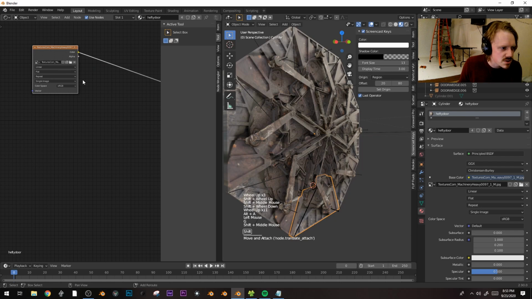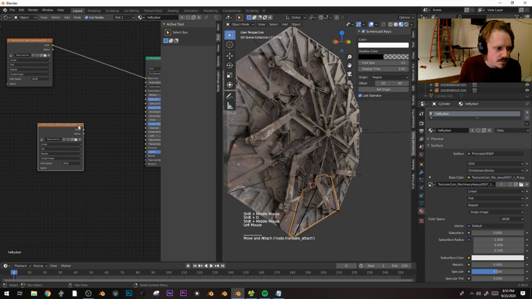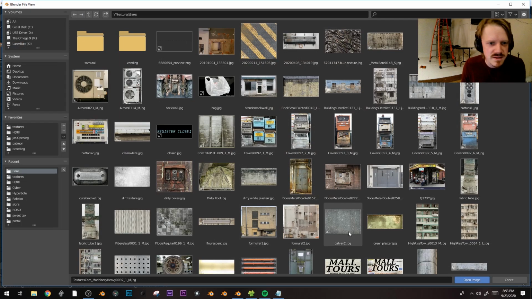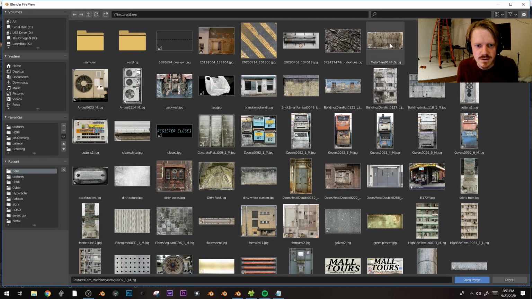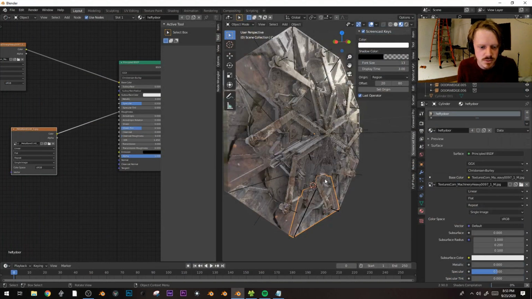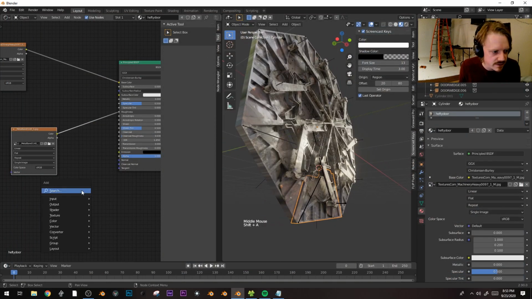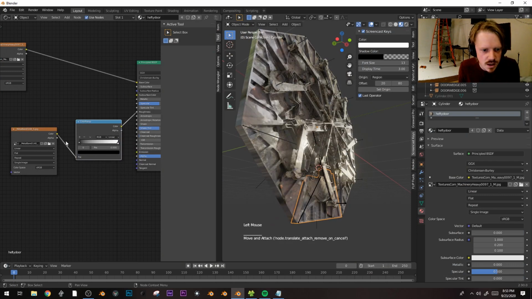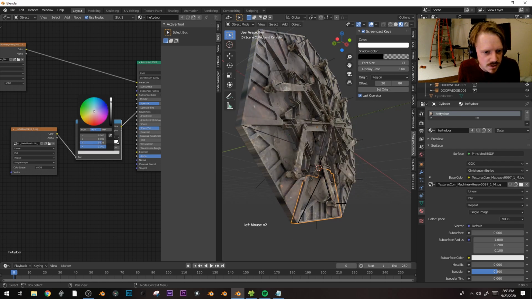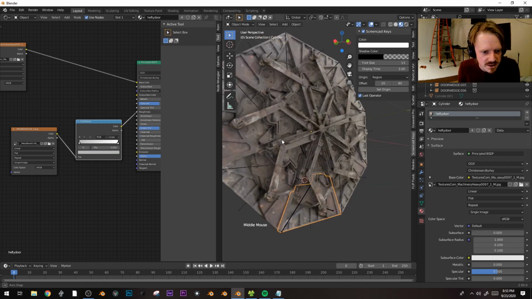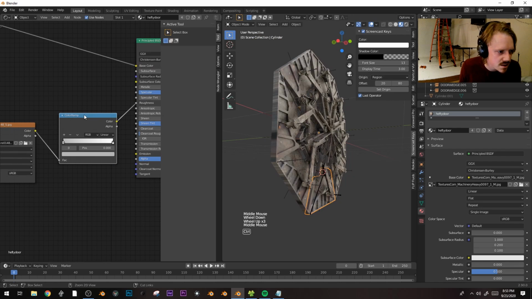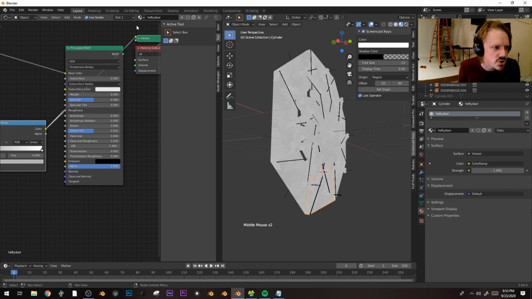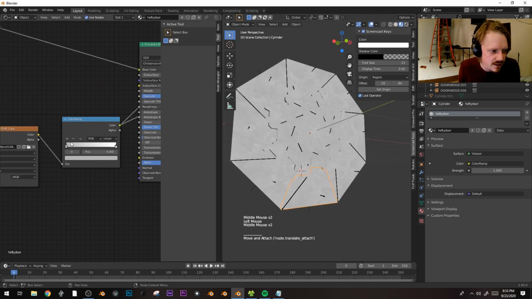Let's duplicate this and use the same UV map, but to power a different texture source. Gonna plug that into the roughness, and I just want something that looks a little bit metally. That could actually kind of work. Maybe it's a little boring. It's very glossy, so I'm gonna use a converter on the color ramp, and black is straight gloss, so I'm gonna actually just brighten that up a little bit. And to make sure we're using all of the texture bits, I'm gonna Control-Shift-Click on the color ramp,